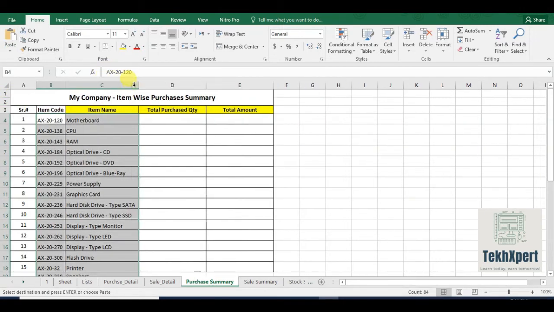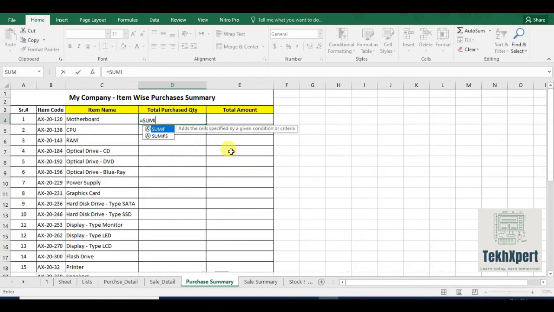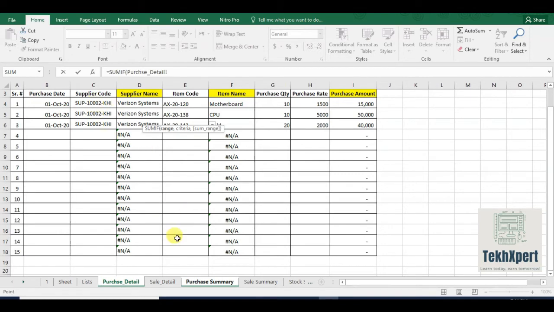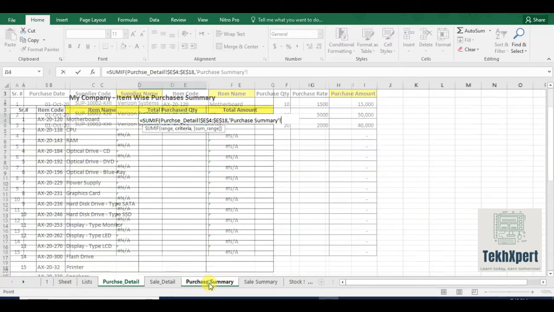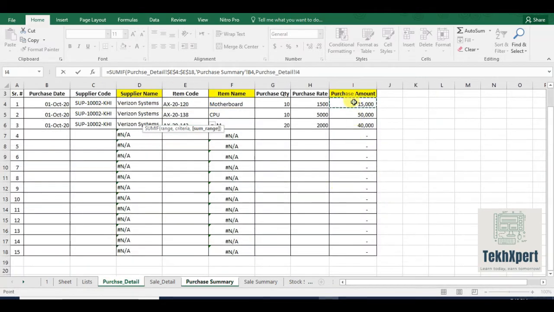Okay, now we need the total purchased quantity of each item. For this purpose we will use the SUMIF function. SUMIF range is purchase, and this is the item code F4, comma, criteria B4, and sum range is amount.